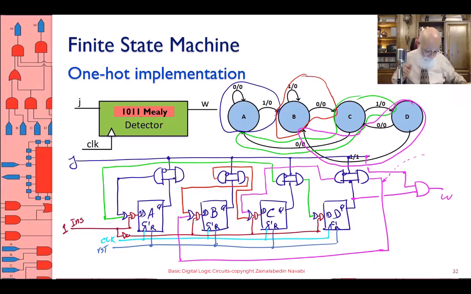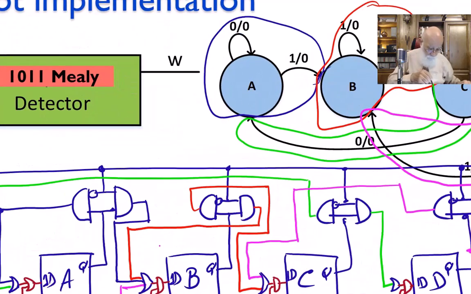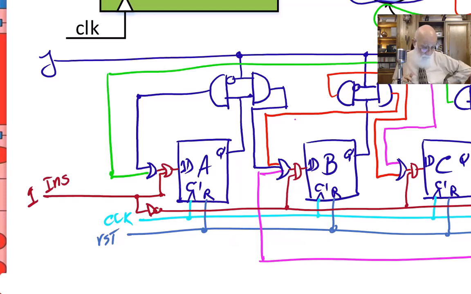So let's make that correction. A0 comes to the OR gate, and then